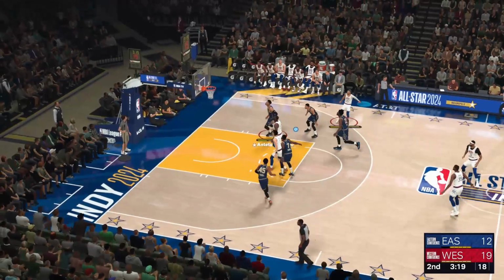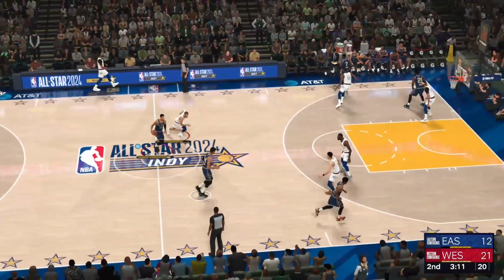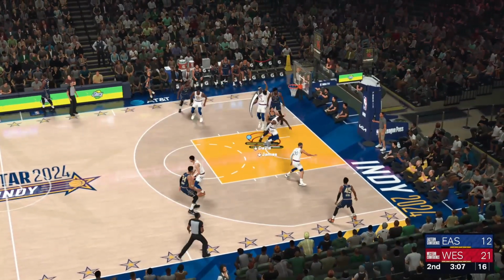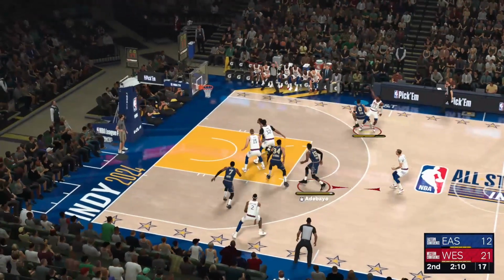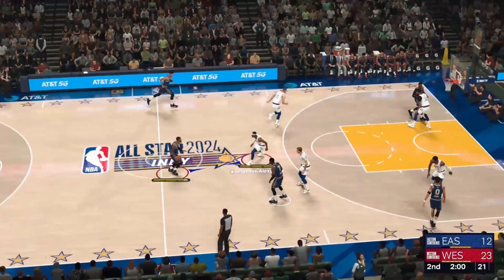On its way from Curry for 2. 1 up, 1 down. 2 points. The special game has been going for the West All-Stars. And just a great job so far applying pressure defensively. The 3 from George. They get it again. Jokic on the 2 minutes remaining in the first half.